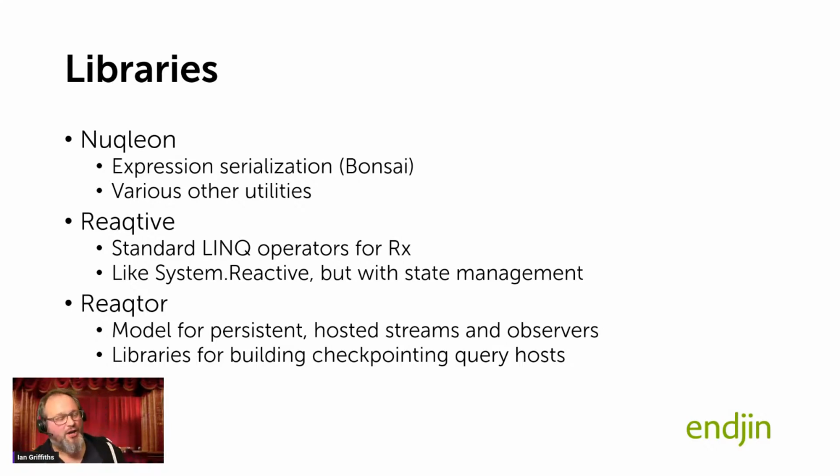But the Q in IQueryable has been kind of latched onto by all the interfaces in RX that use expression trees rather than just plain old functions. So we have IObservable, which is the plain old function-based thing, but there's also IQbservable with a Q, which is the version that works on expression trees. So the Q crops up to tell you that you're dealing with a thing that's able to do remoting of expression trees. So that's what the Q signifies. The Q is all about the fact that this works on top of the .NET expression tree model to enable the distribution and rewriting and general optimization of queries across the server farm.